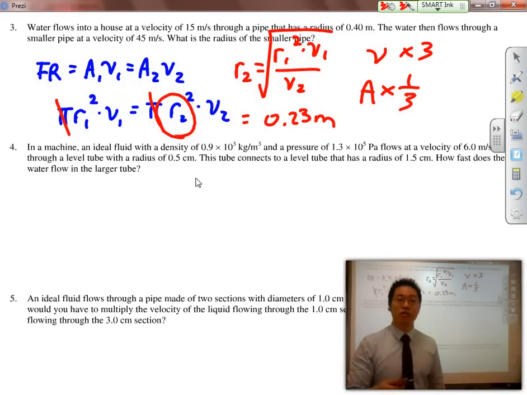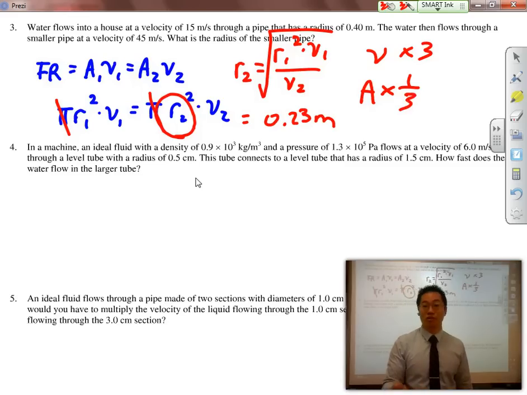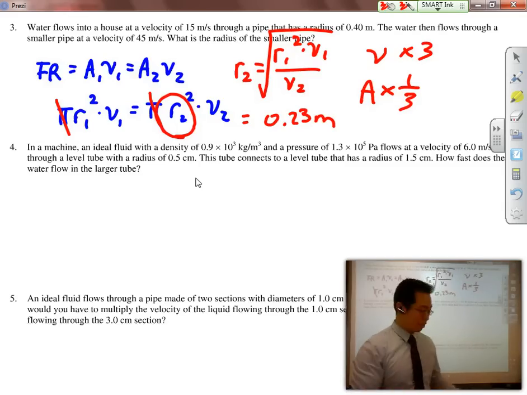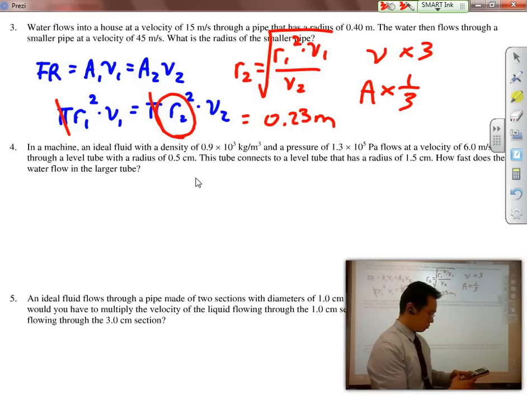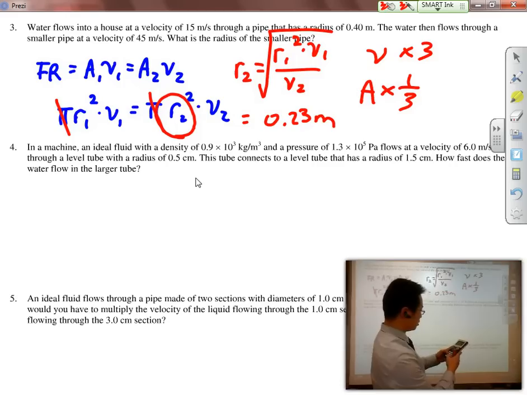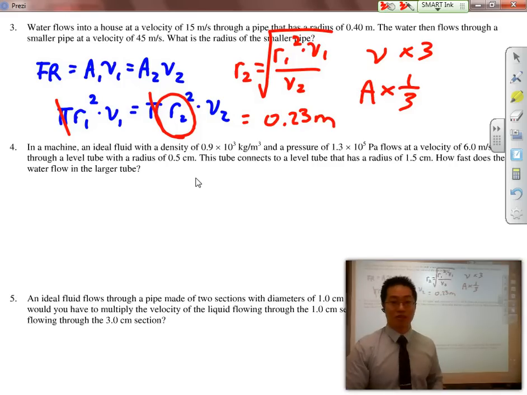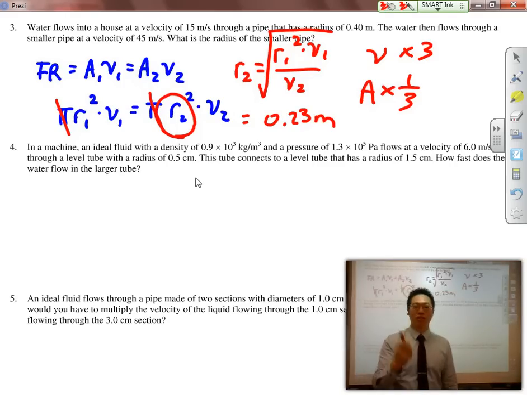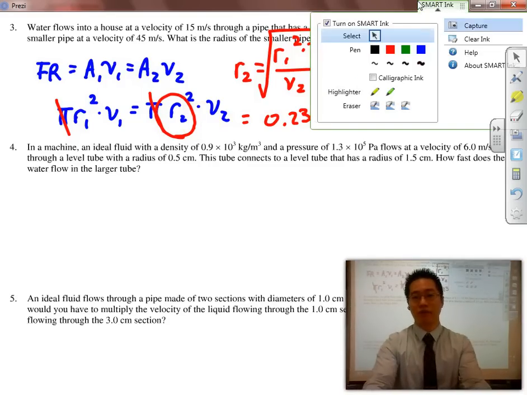But because it is the radius, which is the square root of 1/3, it will be 0.5, and you multiply that by the original radius, and that gives us the exact same answer. But I want you guys to understand the velocity and area are inversely proportional to each other. So if you take a look at a different question above,